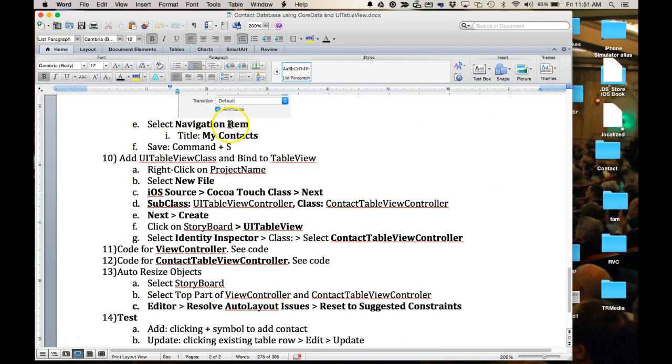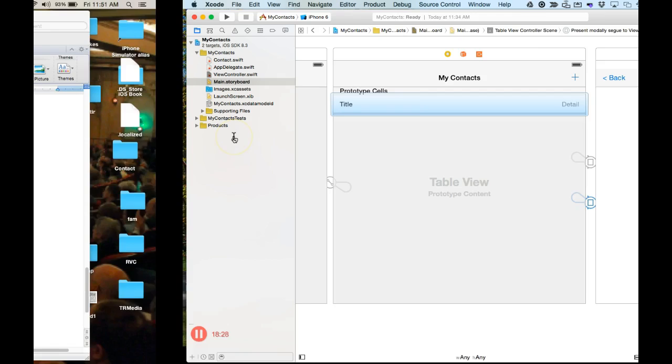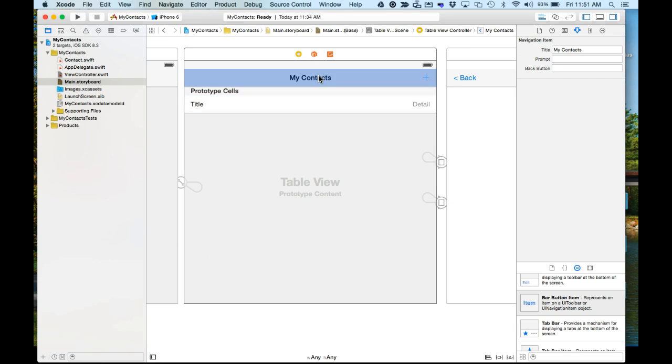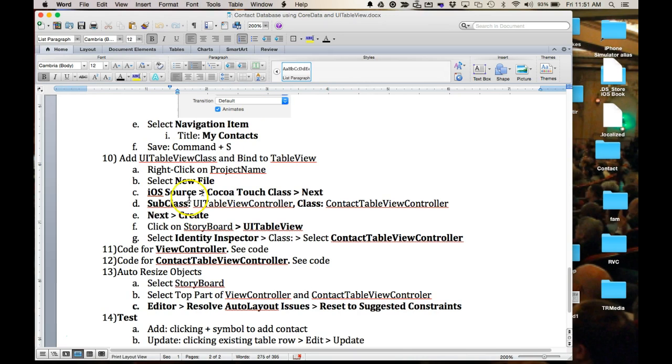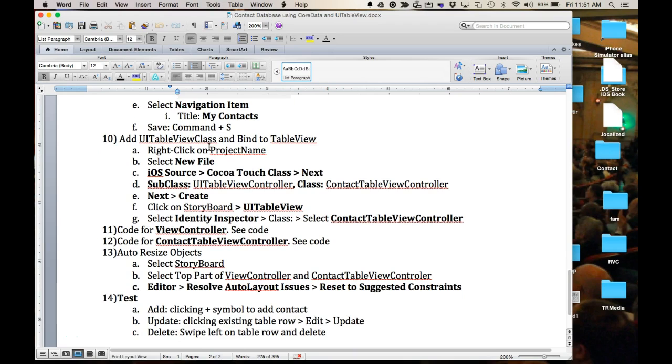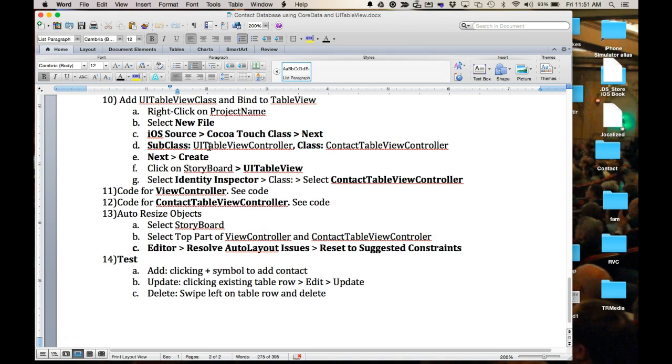Okay, we've already done the navigation item and typed in MyContacts. If you haven't, it's right here. That's what this step's wanting you to do. And Command S, we've already done that. Next, we're going to add a UITableView class. In order for a class to work for the table view, we need to add a class for it. And we're going to call this one